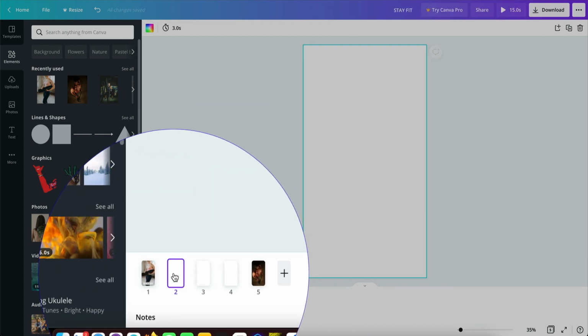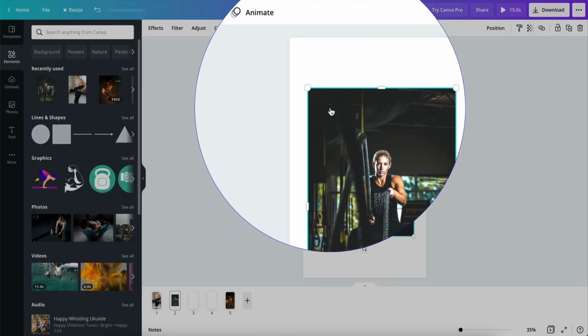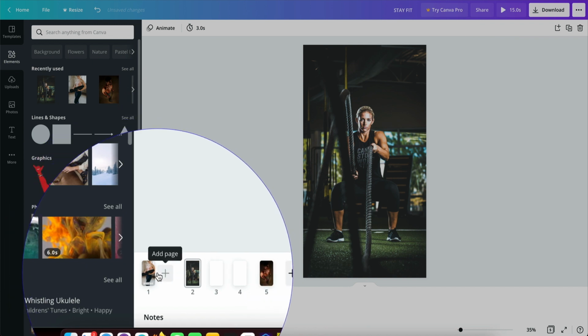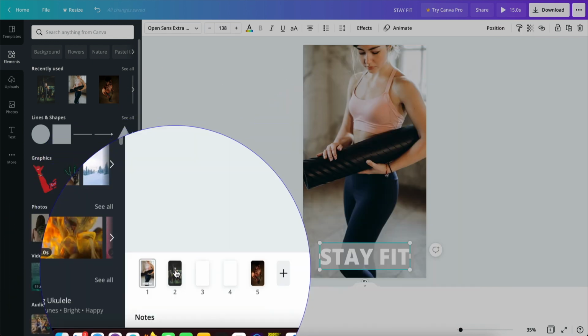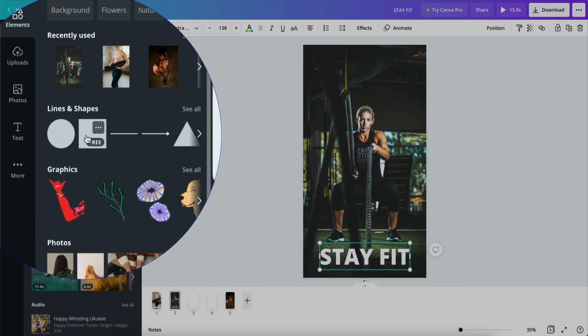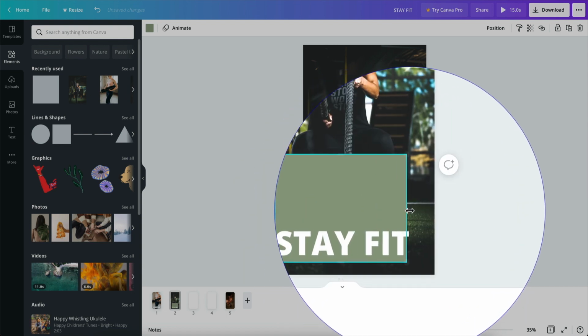So you can do that for all of them. You can put maybe this picture here, right click, set image as background, and put some text in here. The other thing you can do is just copy and paste. I can copy it, go in here and paste it, and do the same thing. Maybe put another background if I want. Very nice. Just expand it here.